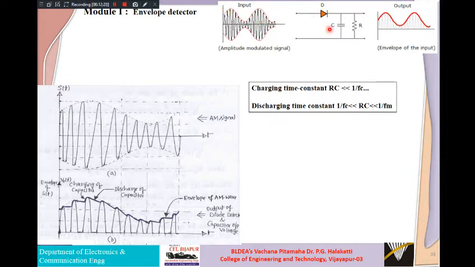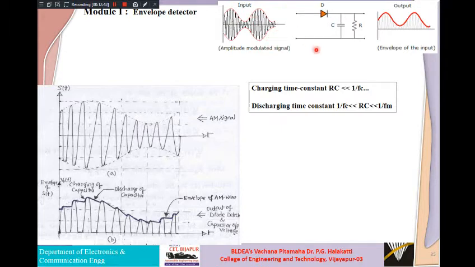By tuning R and C values, we are able to control the optimal charging and discharging of the capacitance, so that we can optimally extract the envelope